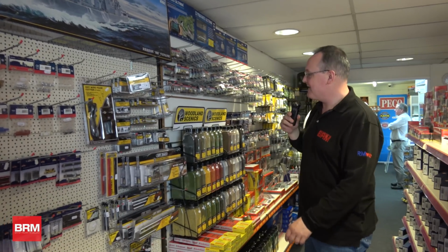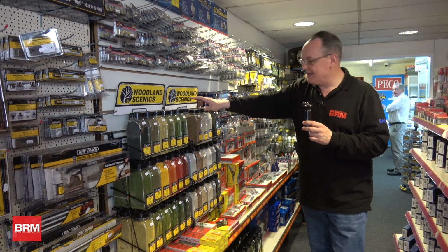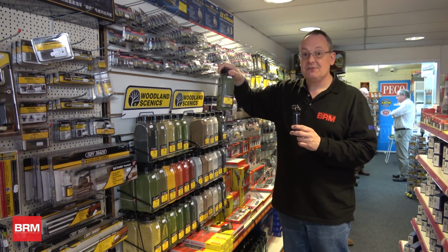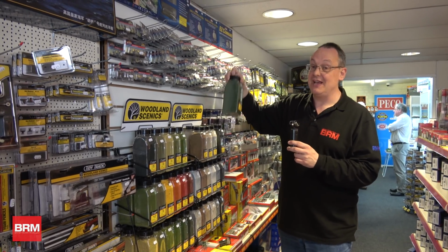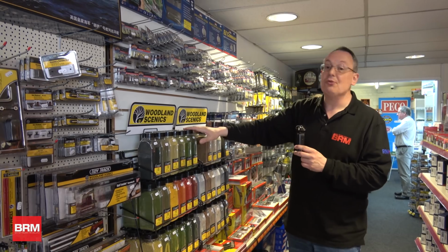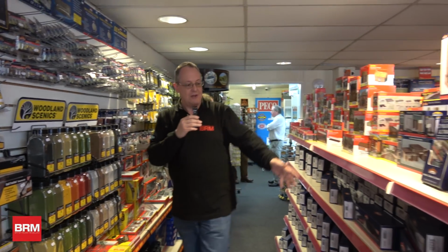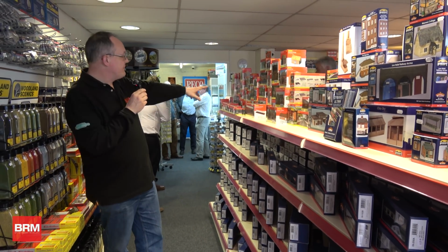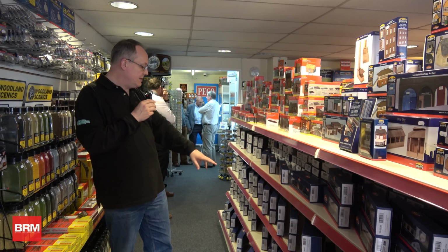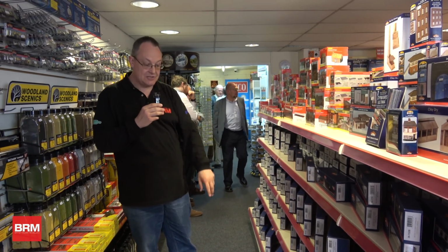Moving on down then, we have the Woodland Scenics range, and we've got all the various tools and the various flock powders here. Now, this is a great way of buying flock powder because you get a lot of material for your money, and more importantly, it's a lot harder to spill, as I know. On the other side, we've got the ready to plant building ranges from both Hornby and Bachmann, and below that, we've got an awful lot of Bachmann rolling stock going on here, and some of the larger buildings down at